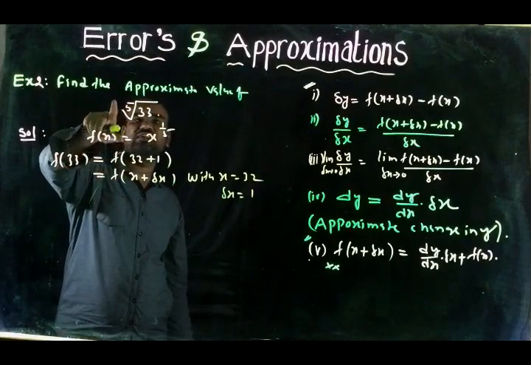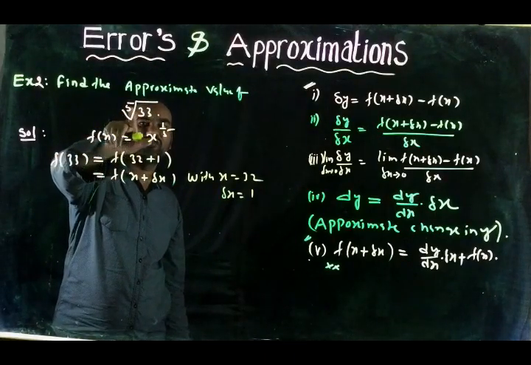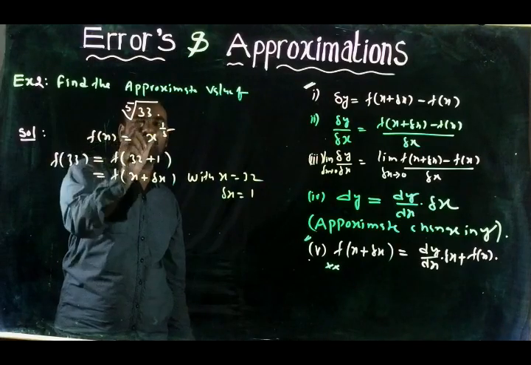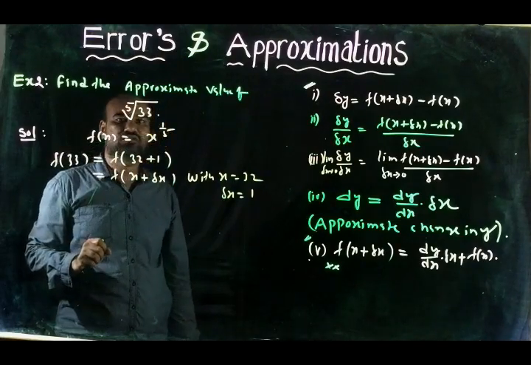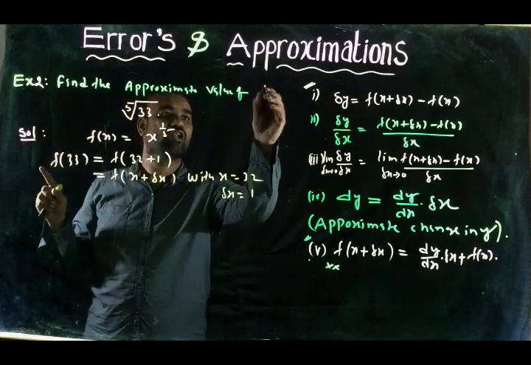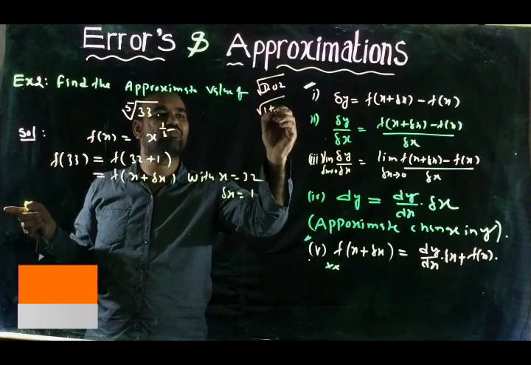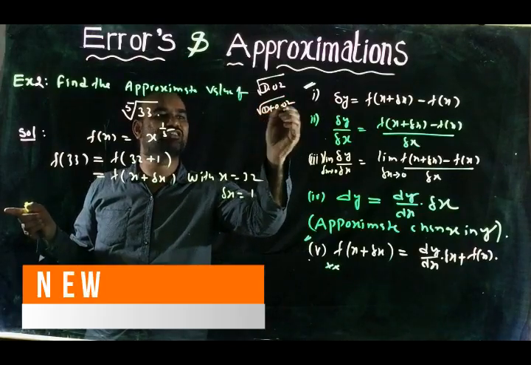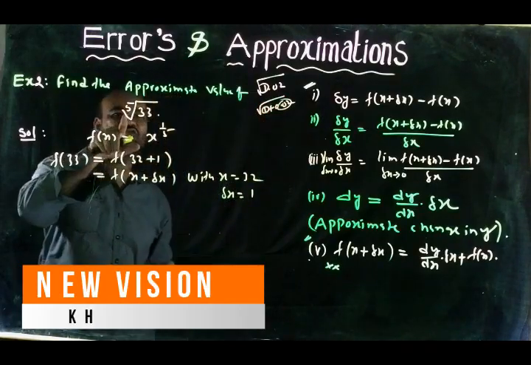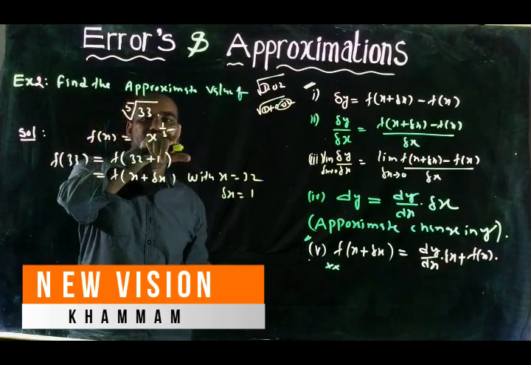We want to find the approximate value of fifth root of 33. Fifth root of 32 means we will get an integer, that is 2. 32 plus 1 you can write. In the previous problem, 1.02 square root, over 1 plus 0.02. This is x, this is delta x, like that. Fifth root of 33 means fifth root of 32 plus 1. Should write.